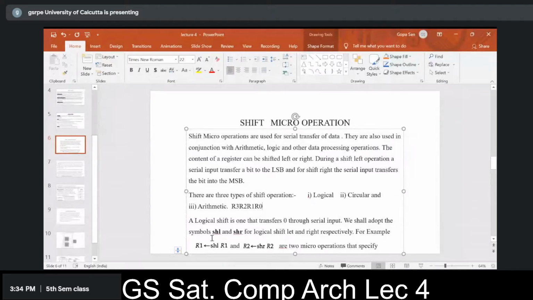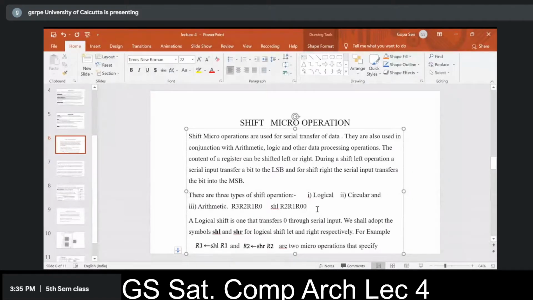And in the logical shift operation, a 0 is introduced in this vacant position. So after the logical shift operation is executed, if SHL is executed, it will make the result R2, R1, R0, then 0. Clear? Logically, the bits will be shifted one bit to the left so that the MSB bit will be lost and there will be a vacancy in the LSB bit where a 0 will be introduced.